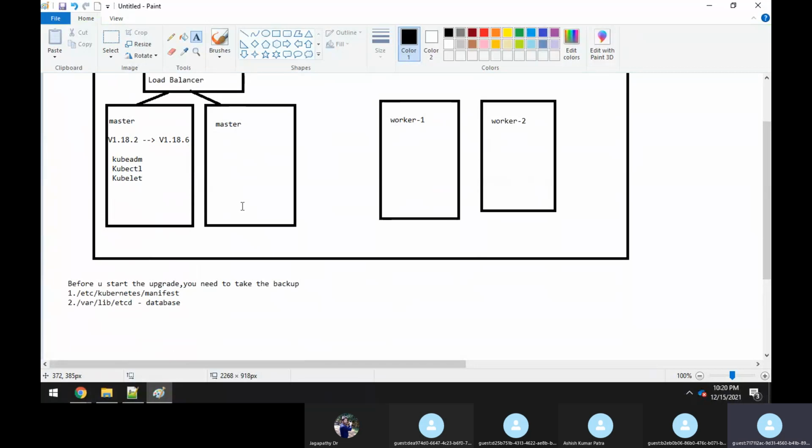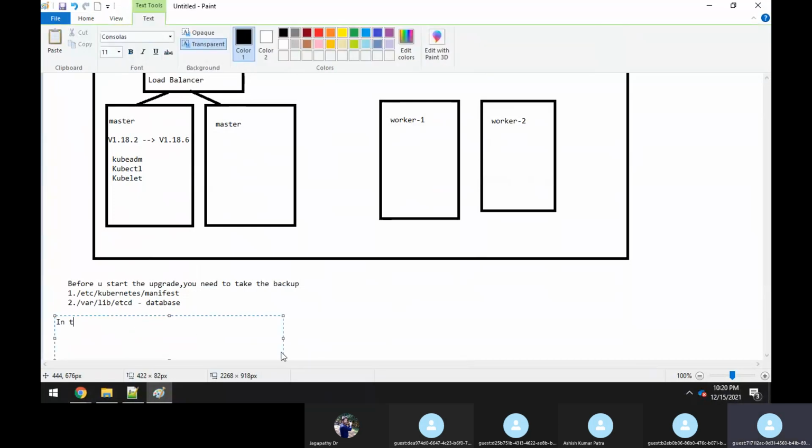Now, there are a few things you must always remember whenever we are doing an upgrade. In the master, you have the Kubernetes components running as pods, right? Pods, right? So what are those components? You know that it is